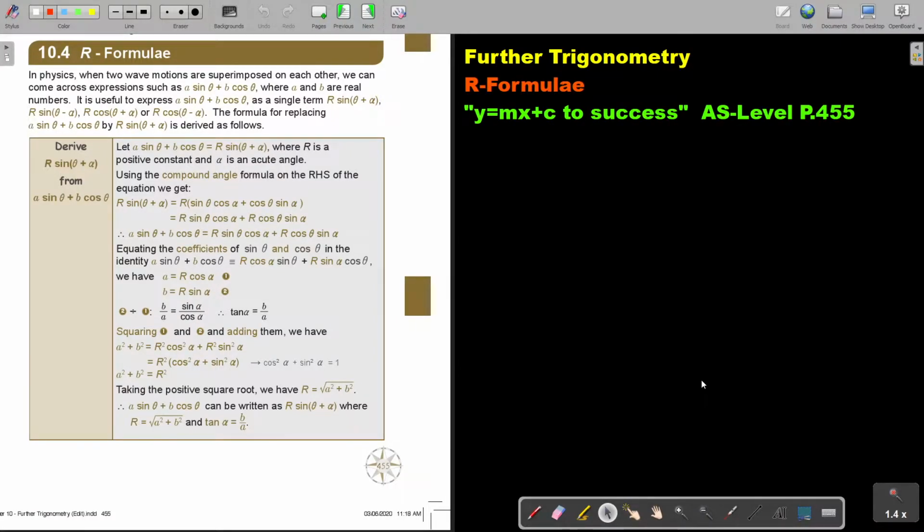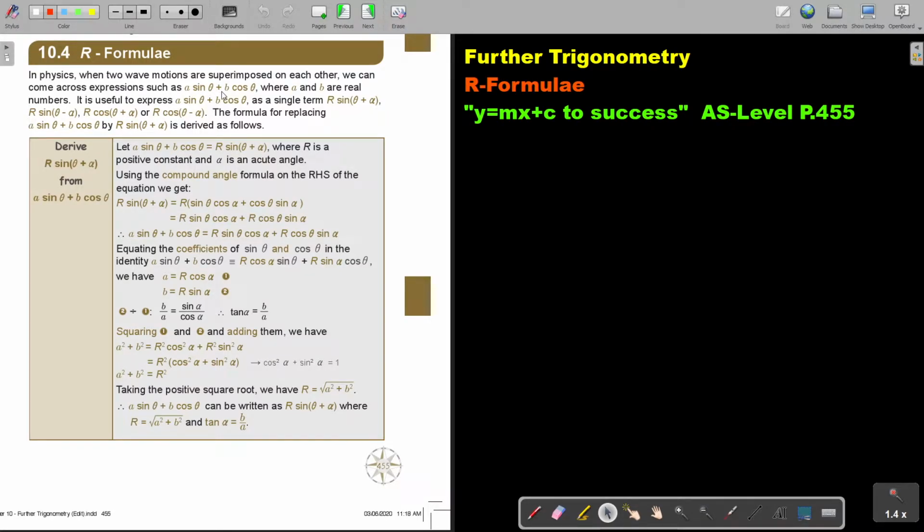In this video, we will start with the R formula. You will find this on page 455 in the Namibian AS-Level Mathematics textbook, Y equals mx+c to success. R formula. In physics, when two wave motions are superimposed on each other, we can come across expressions such as